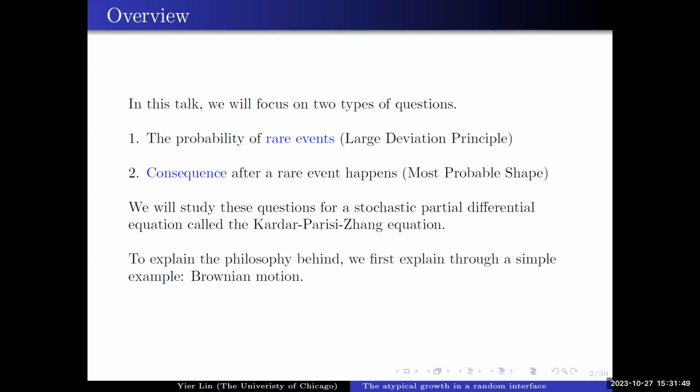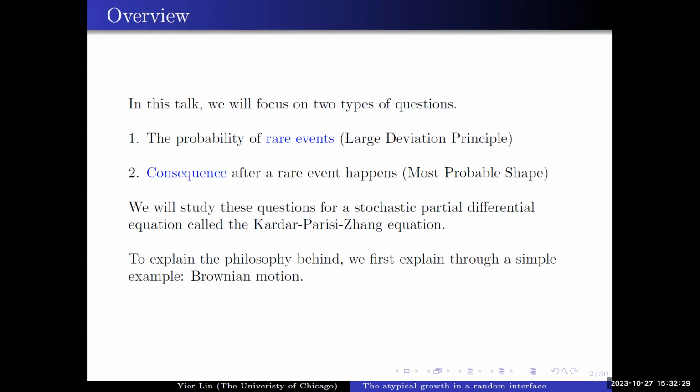In the example of car crashes, there are many people driving a car on the same day. So although the probability for each person to get in a crash is low, there will be some crashes happening every day. So it's important to understand the probability behind it. Also, when a car does crash, we want to try our best to reduce the casualty. That's why we ask everyone to put on the seatbelt. So it's important to understand the consequence after a rare event happened.